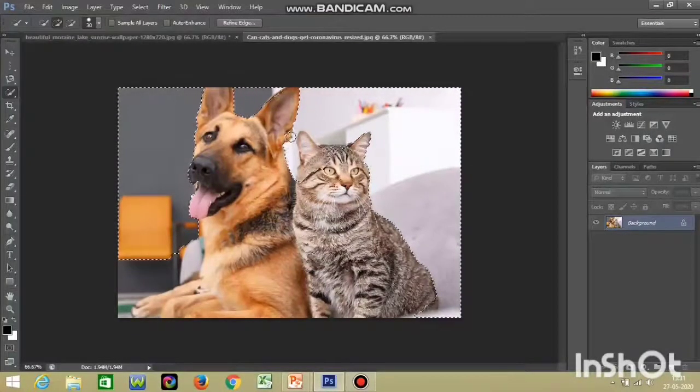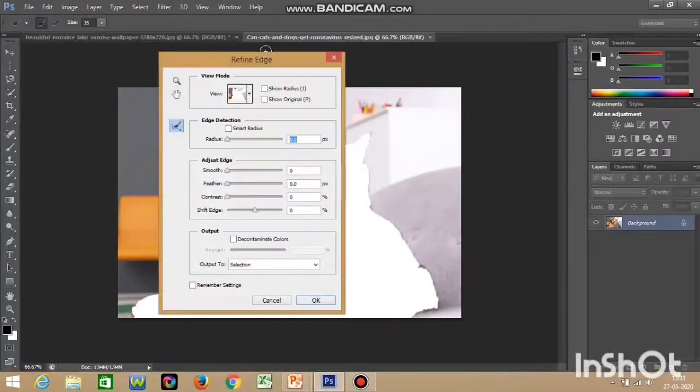And this is adding, as you can see, a plus symbol here. You see the ear of the cat got cut when I was selecting. If I want to remove that selection and deselect it, I just have to use this minus symbol over here so that it deselects that particular area. Again, if I want to proceed with the selection, I just have to use the plus symbol. As you can see, the selection is done properly over here. Again, the cat body got extra deselected, so I just have to bring it down to the proper position. Now it is selected. Now if you want to see the result, you can click and see.